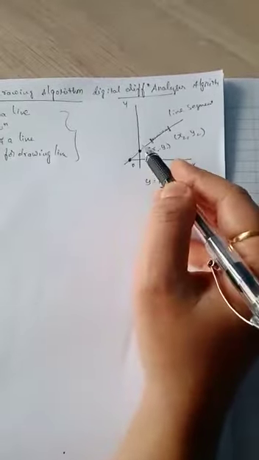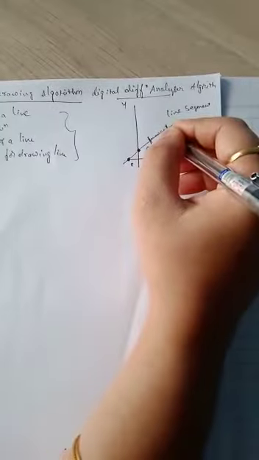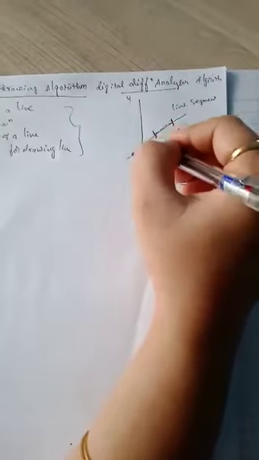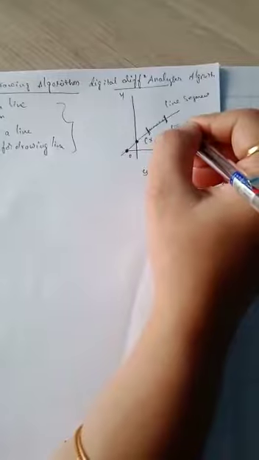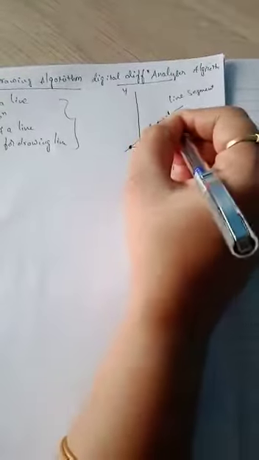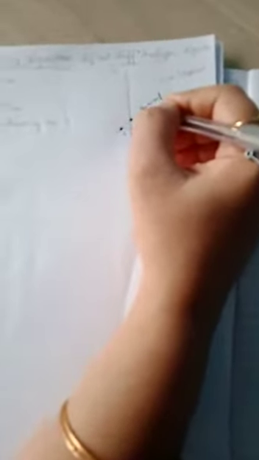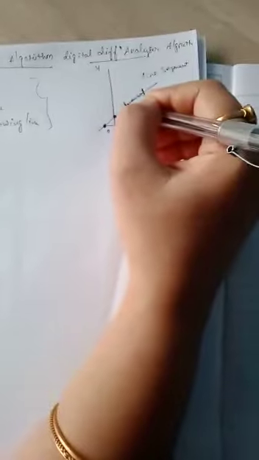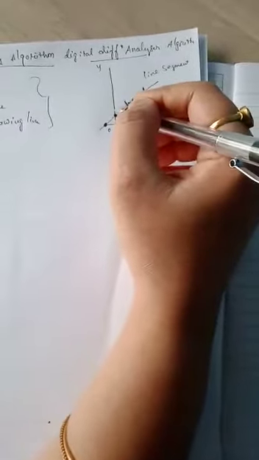A line, as we already know, is infinite in dimension. So in this I am taking one small part of the line that we call a line segment. Here it has two distinguishable points, that is x1 y1 and x2 y2. The line segment is nothing but a collection of points. It is defined as a set of points over a path.